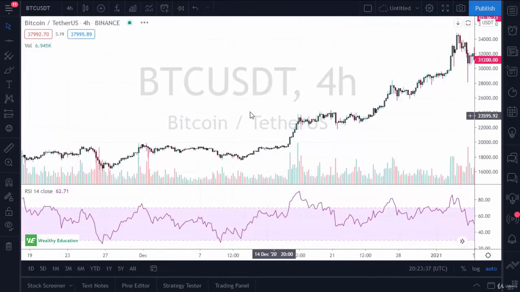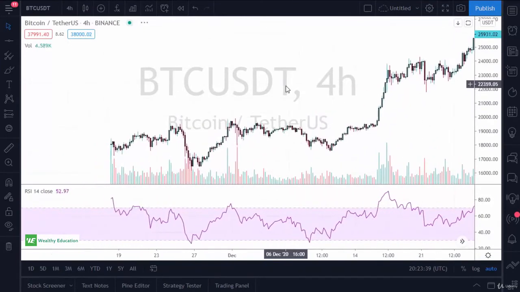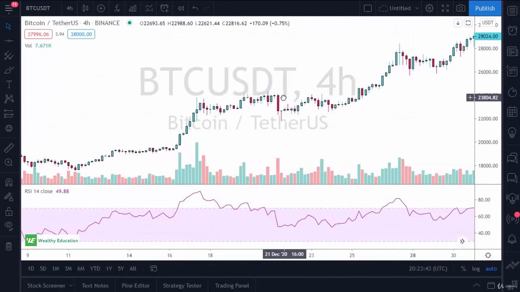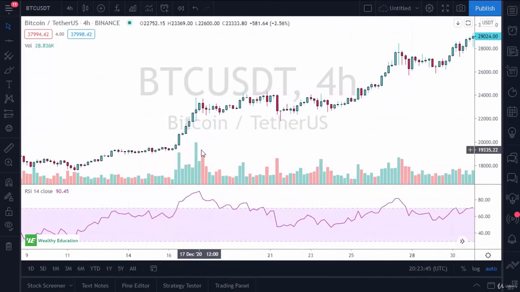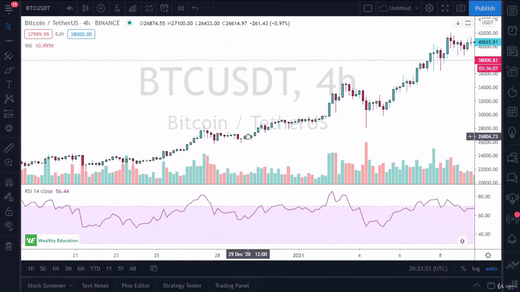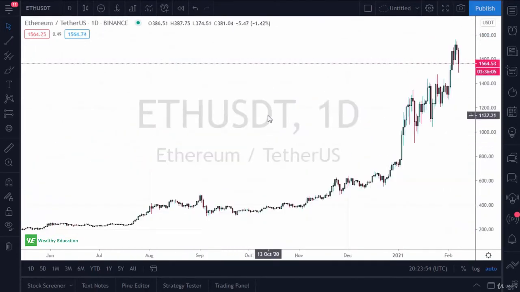Let's go ahead and take a look at the 4-hour chart. Overbought condition, massive volume. Is it going to run out of steam? It does. Not necessarily a selling condition, but it is something to be aware of if you are already long of Bitcoin. So as we slide over to Ethereum,